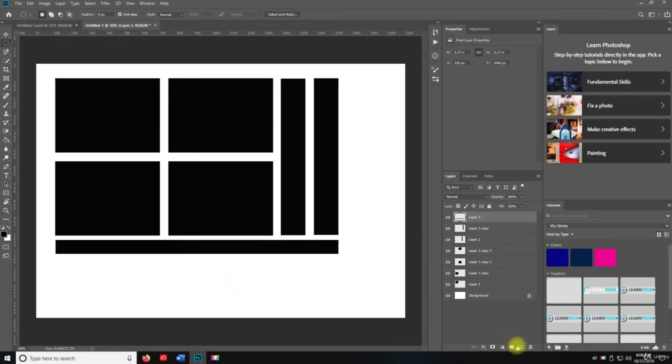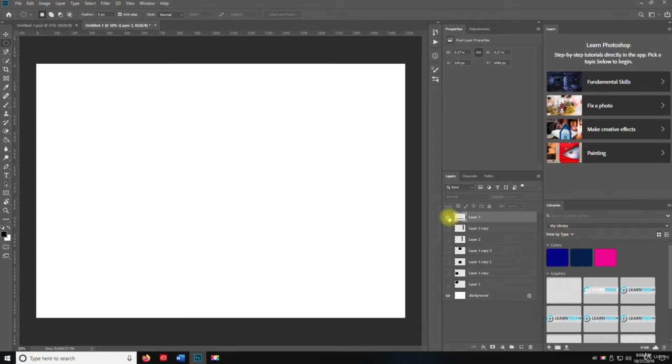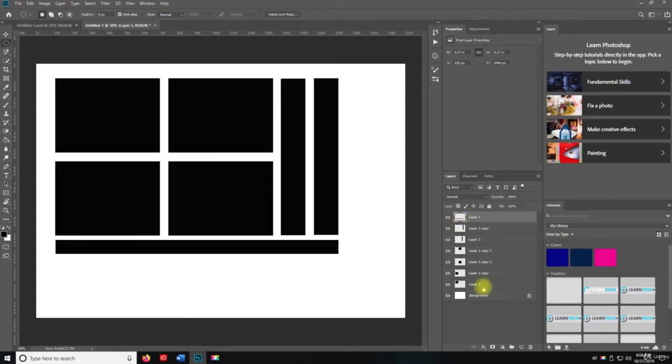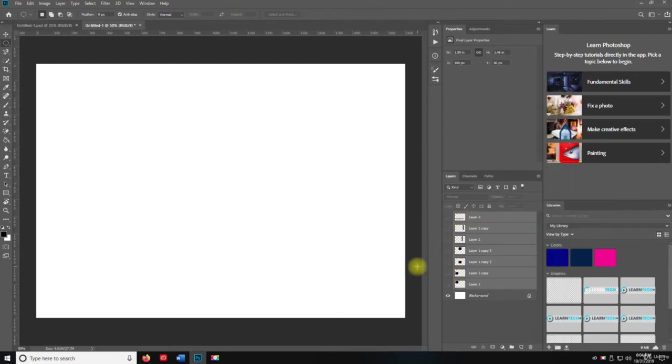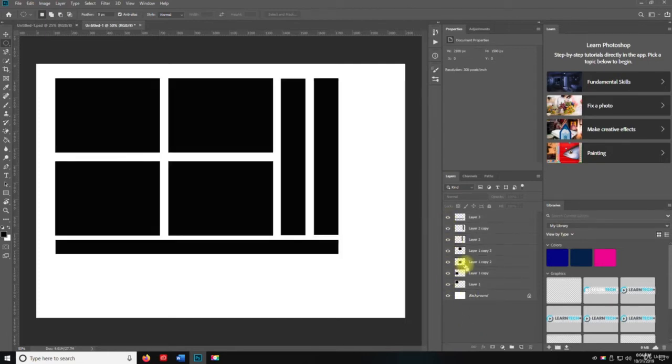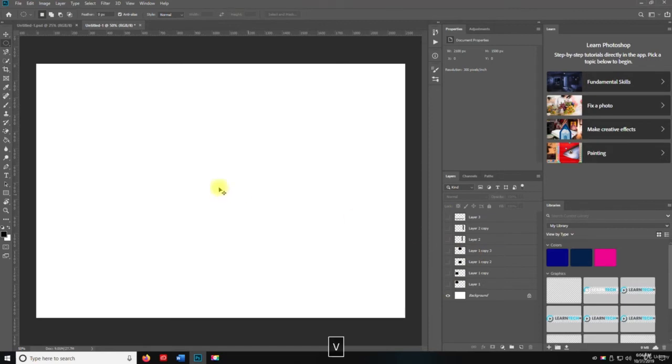So what I'm going to do is I want you to turn off the eye on all the layers. So if you just click and drag down, then you can hide the layers. Okay. Yeah, just do that. Hide all the layers, and then I'm going to make a new layer, and we're going to grab the Elliptical